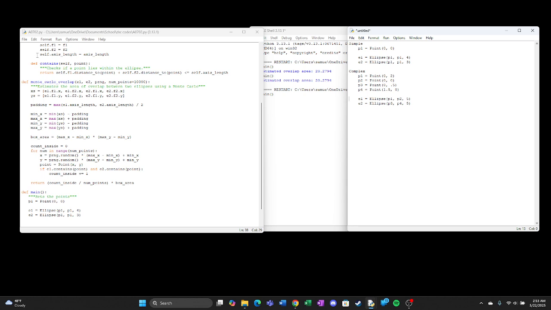I use the contains on the first ellipse, and then the contains on the second ellipse. If both of them are true, then this gets accumulated. Coming down here,